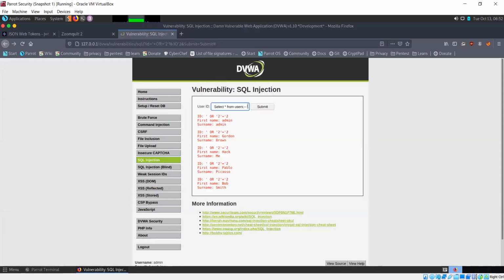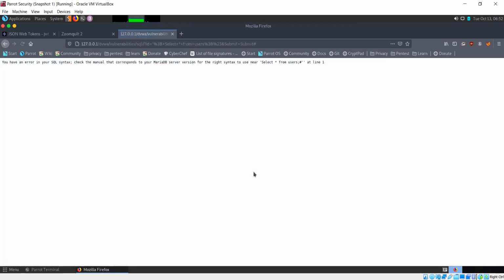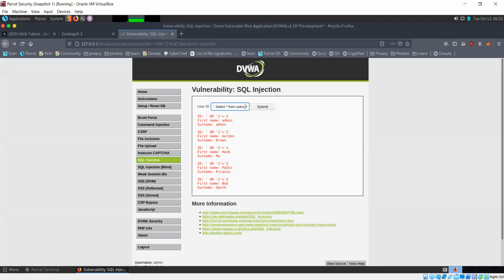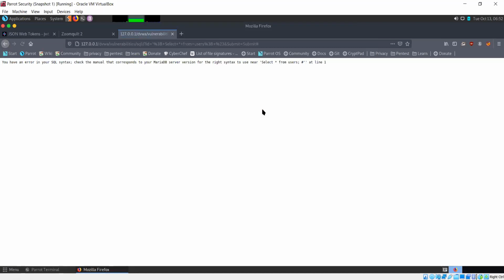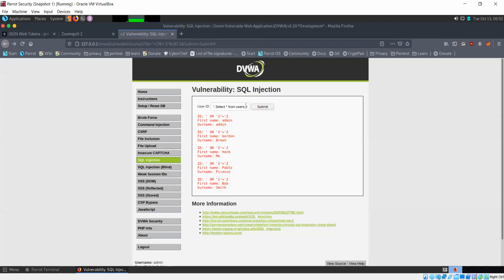Okay, let us try something else. This is also giving us errors. So these things might or might not work, but if this works correctly, then it will give you all the users in the table.